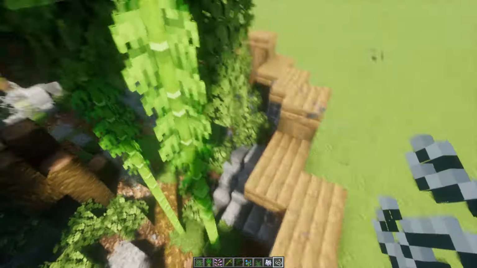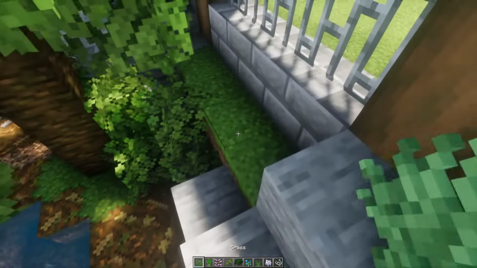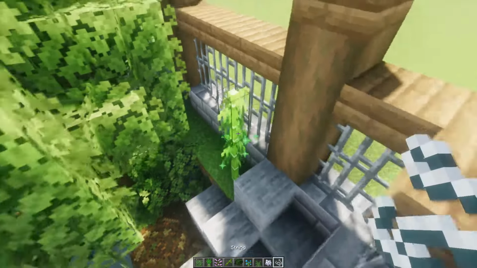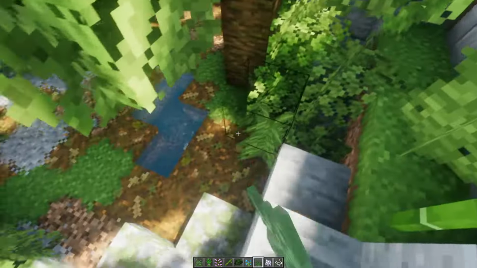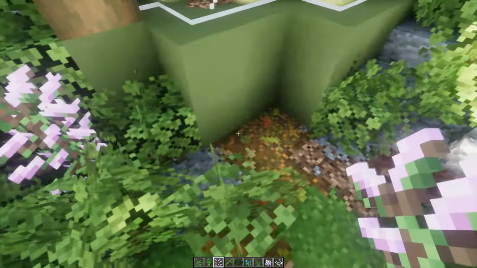Whoops, there. All right, and that's blocked by a set of leaves, so that's okay. We don't want too much bamboo in here. We just kind of want a little bit, because going overboard with this is not gonna look as good. Okay, and then we'll start throwing in some ferns in areas, some lilacs, just to get a bit more color